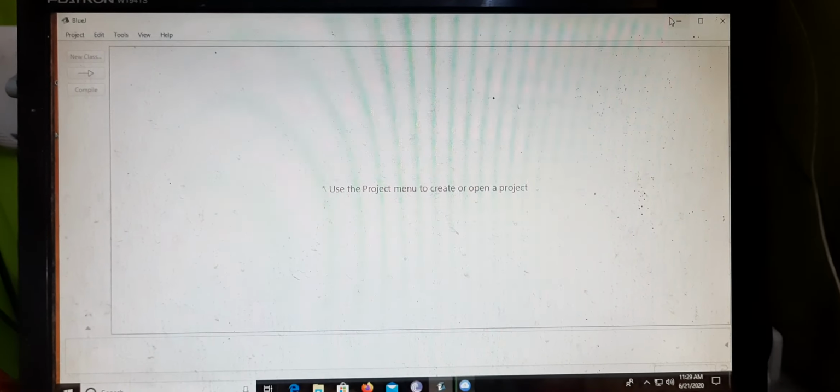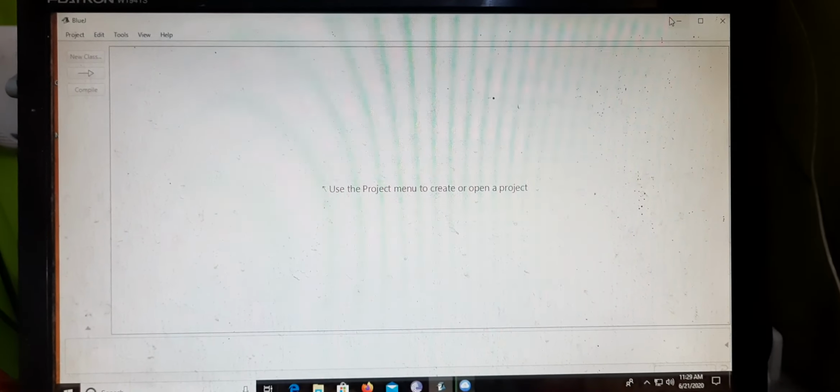First, we have to create a project file. Click on Project, then click the option New Project. A window will appear. Here we give a project title. A project consists of different classes which you are going to execute. Suppose I give the project name first project, so that through this first project I can create my classes and execute different programs.